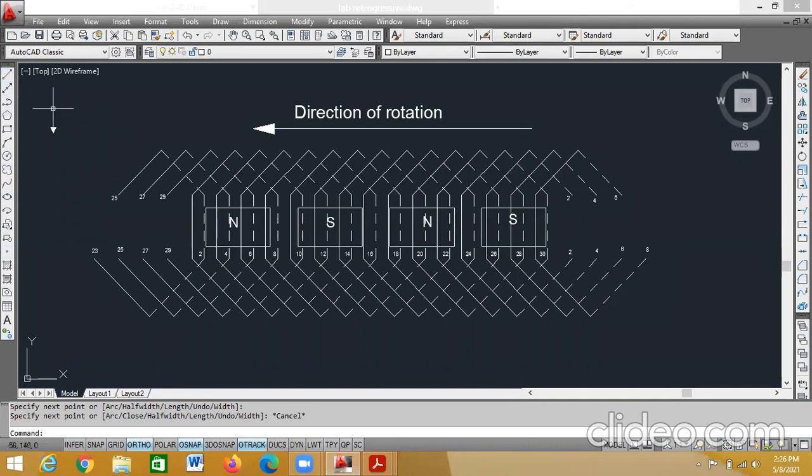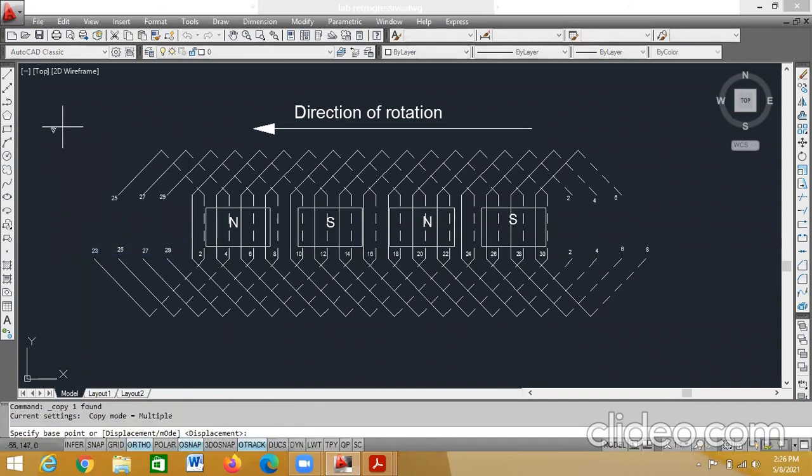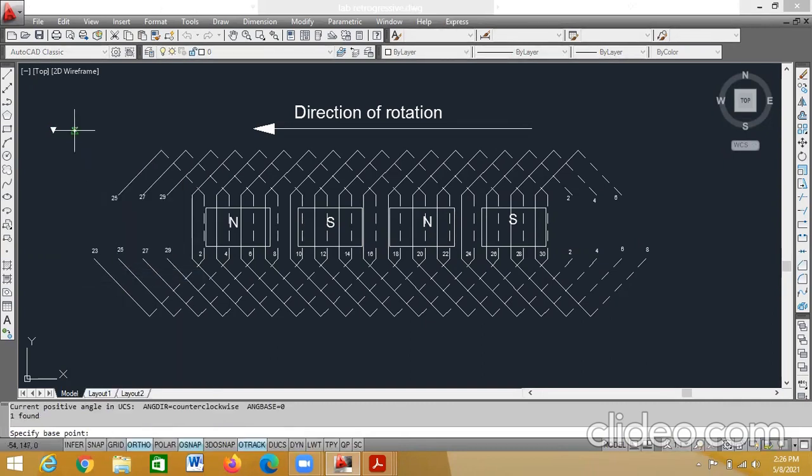Similarly, I want an upward arrow. For that, you can do one more upward arrow using polyline, or just select this, right click, copy selection, select the base point and place it. You can make a copy of this and again select this and go for the rotate option. It is asking the base point. Select the base point here.